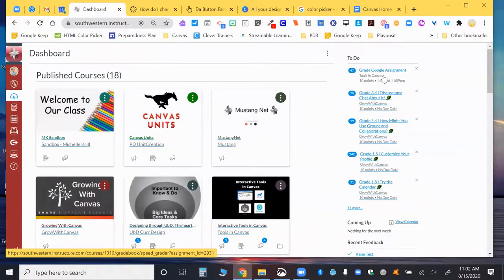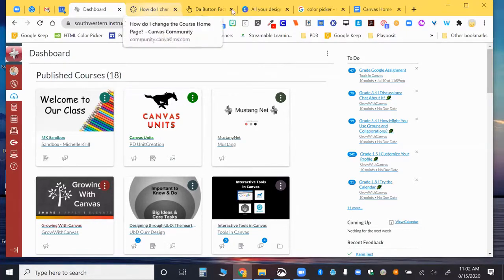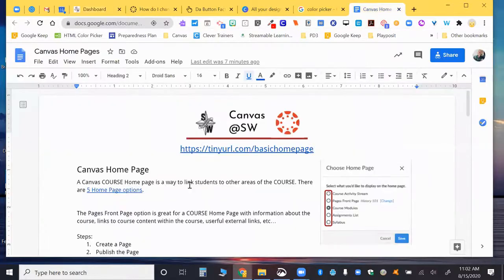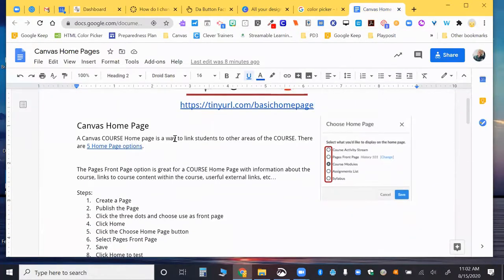All right, today we're going to talk about basic Canvas homepages. There's a lot of talk about Canvas homepages all over the place. If you've seen fancy ones, basic ones, it really doesn't matter as long as we all understand that the purpose of the homepage is for students to be able to link to other areas within the course. And there are 5 homepage options. So we're going to go over those, but the one we're going to focus on today is the actual home